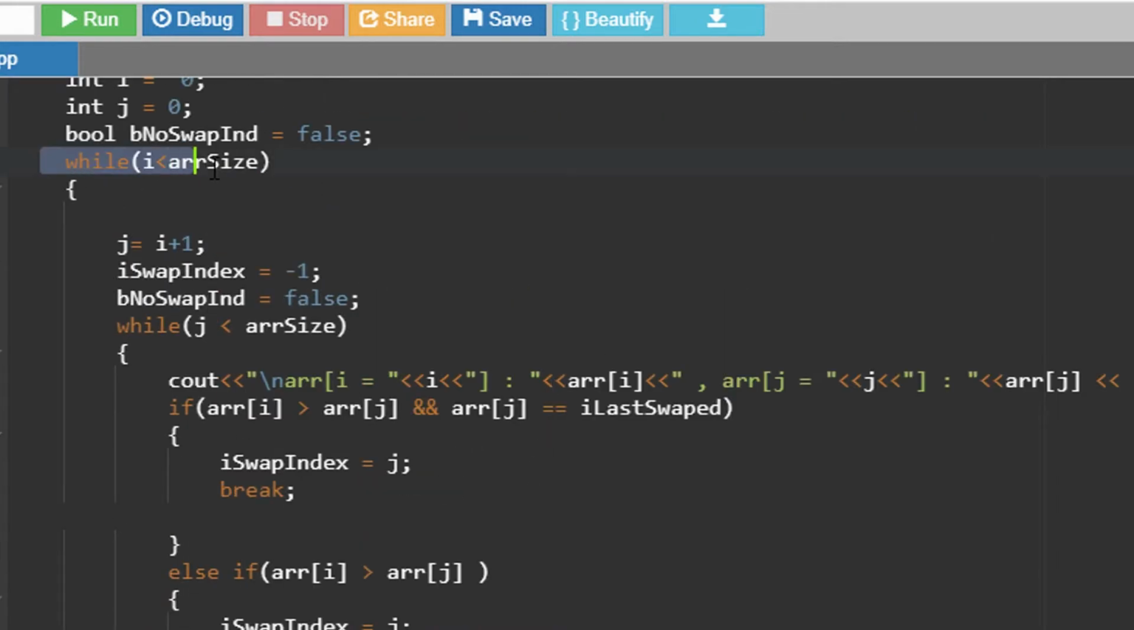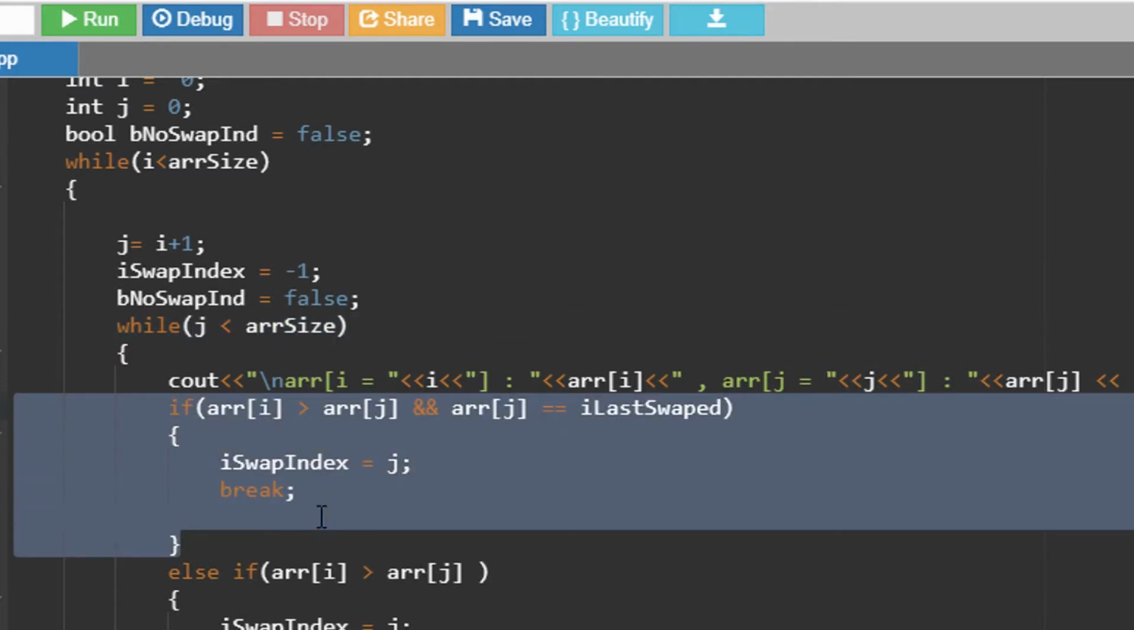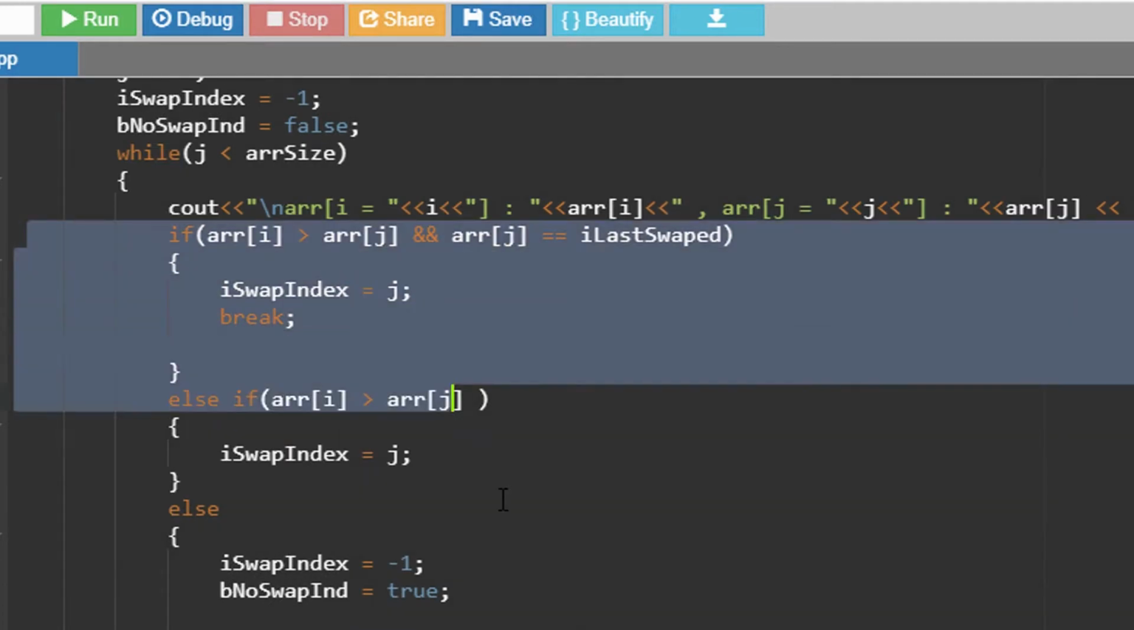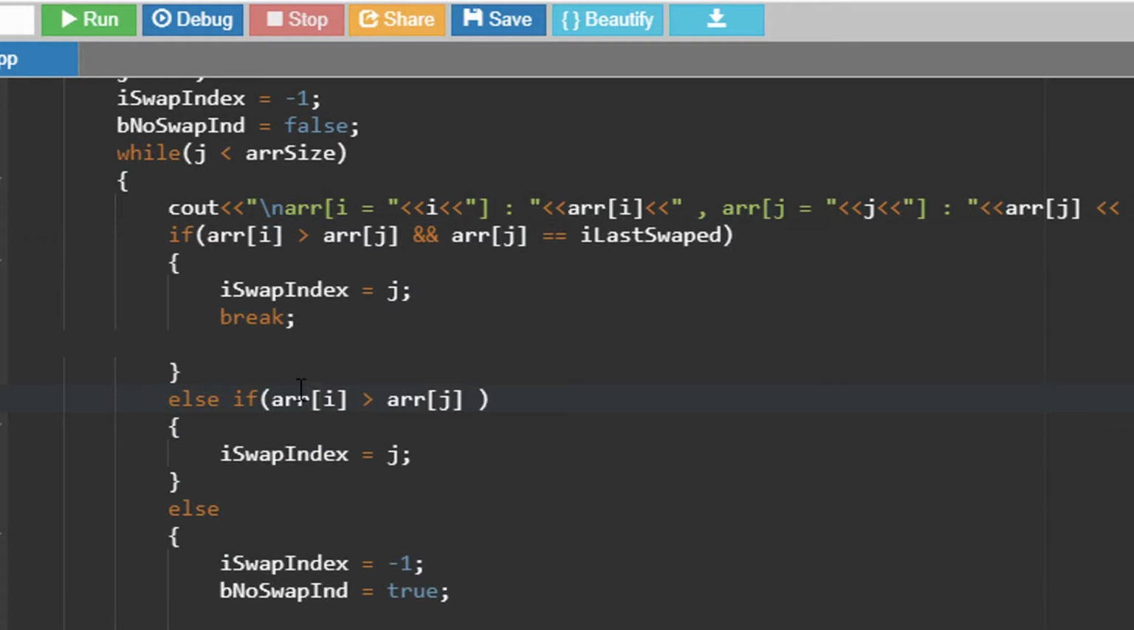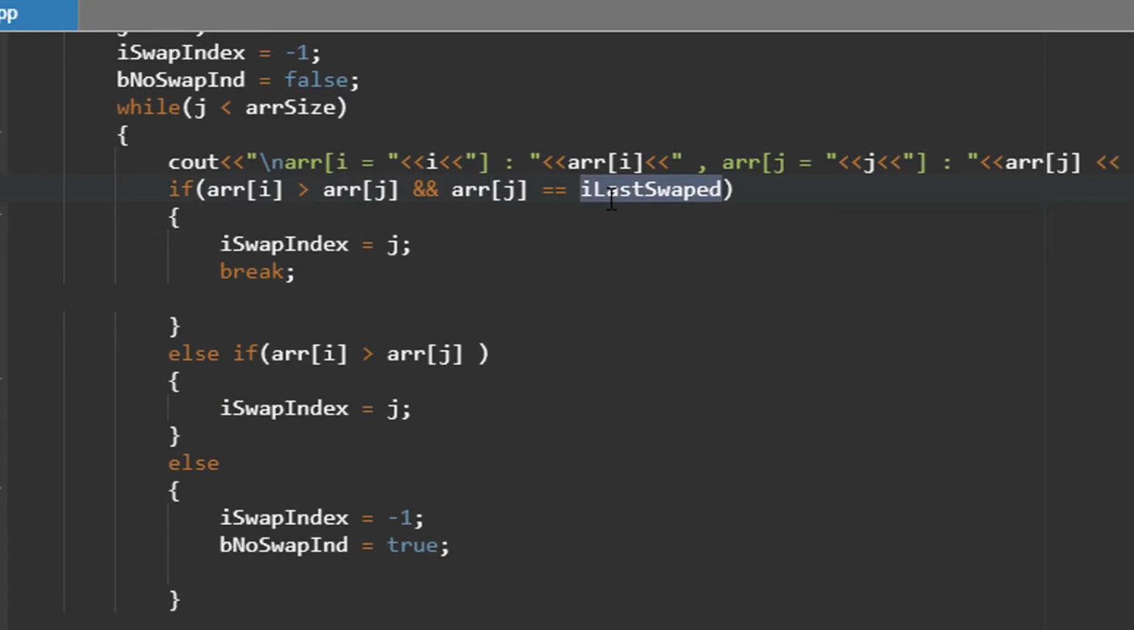You can see over here the i while loop I have written like this, and the j while loop I have written like this. Now in this piece of code I have written some conditions, in which condition I need to break this loop and in which condition I do not. So let's understand this one as well. Whenever my i value, means the value at the index i is pointing to, is greater than the j value, whatever j is pointing, and that j value is equal to my last swapped value,